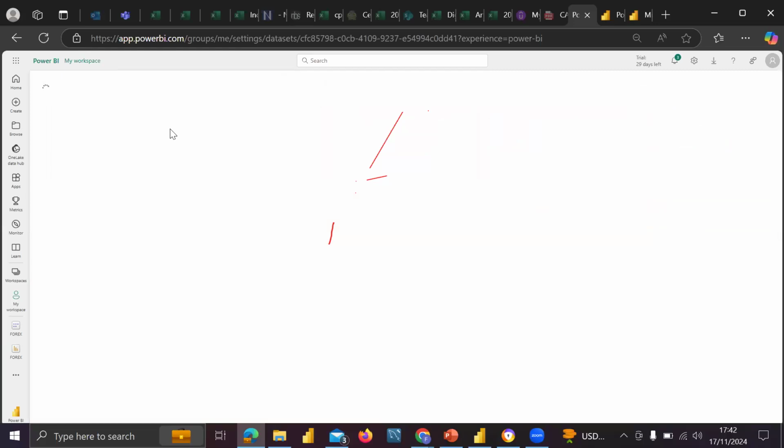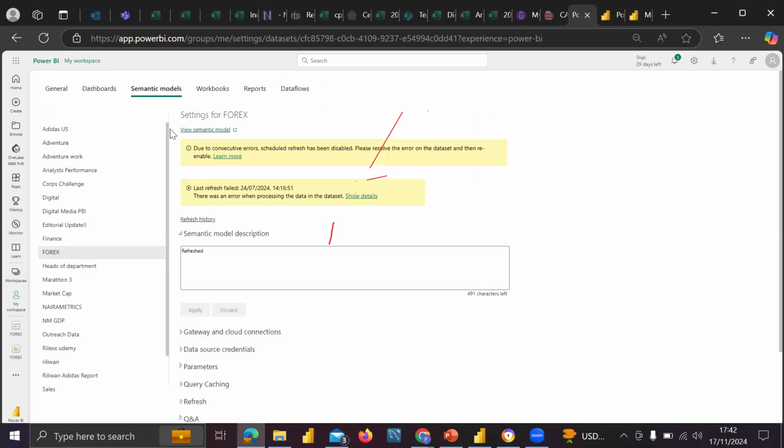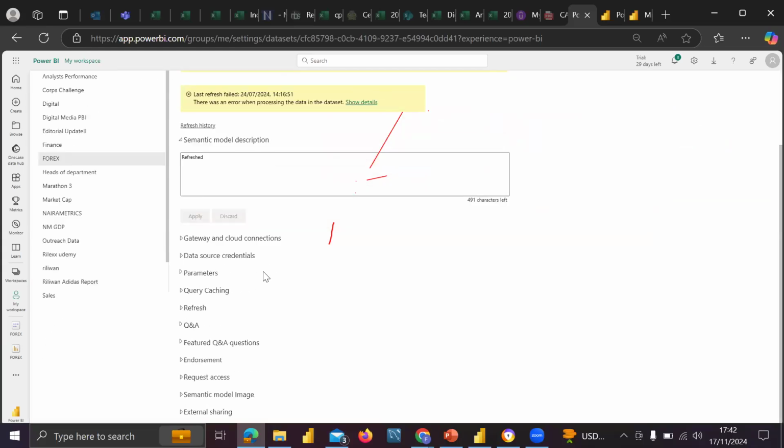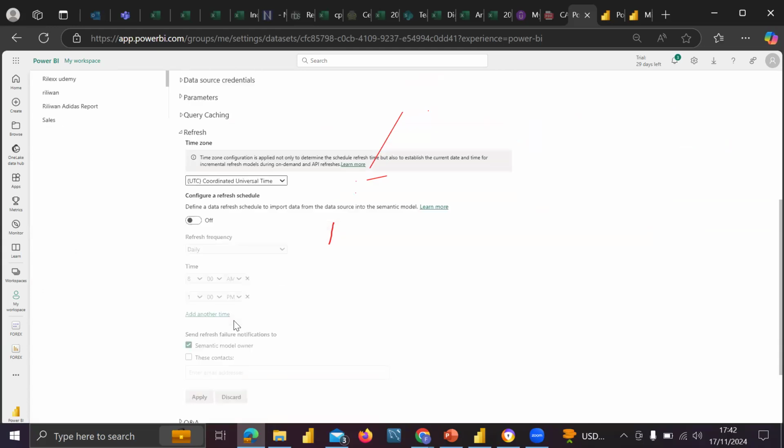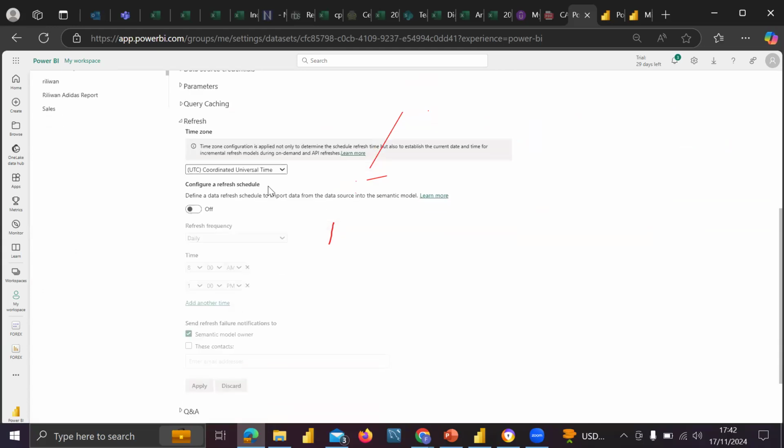Because this data is on my SharePoint, I don't need a gateway in order to initiate my schedule refresh. I can just come here and automatically create a schedule refresh.